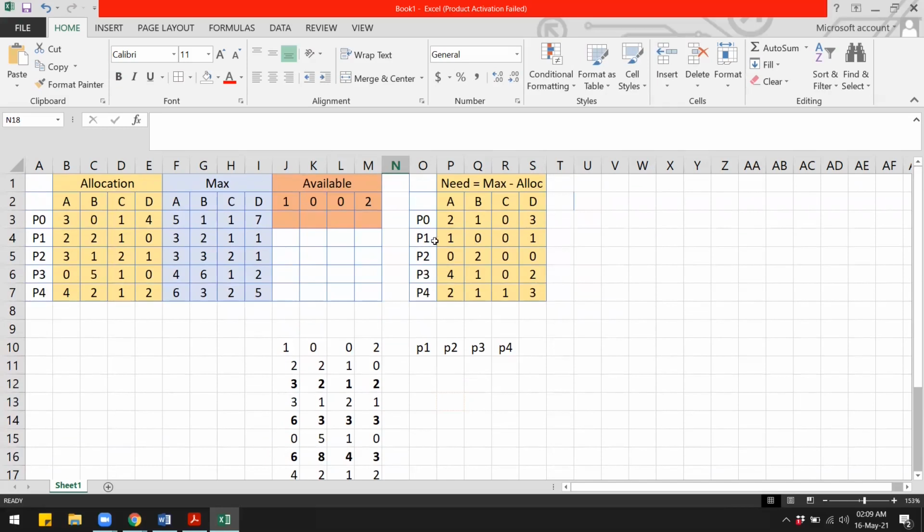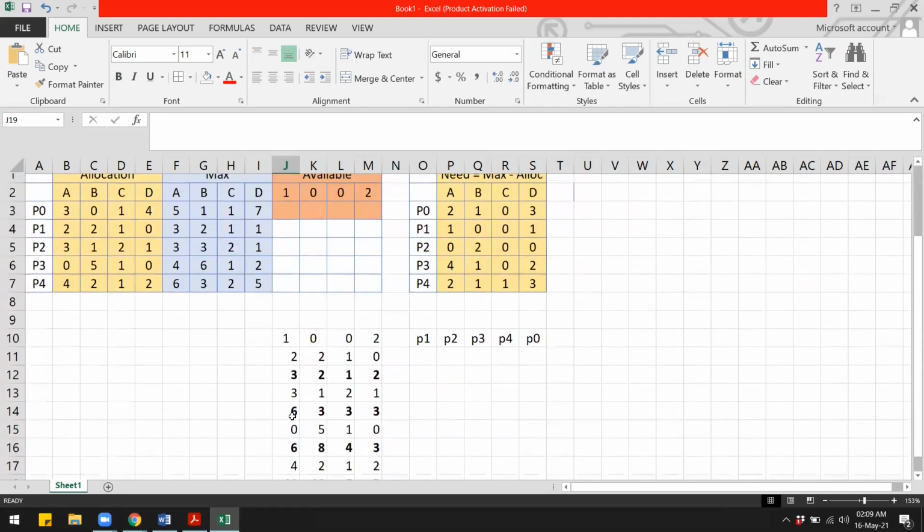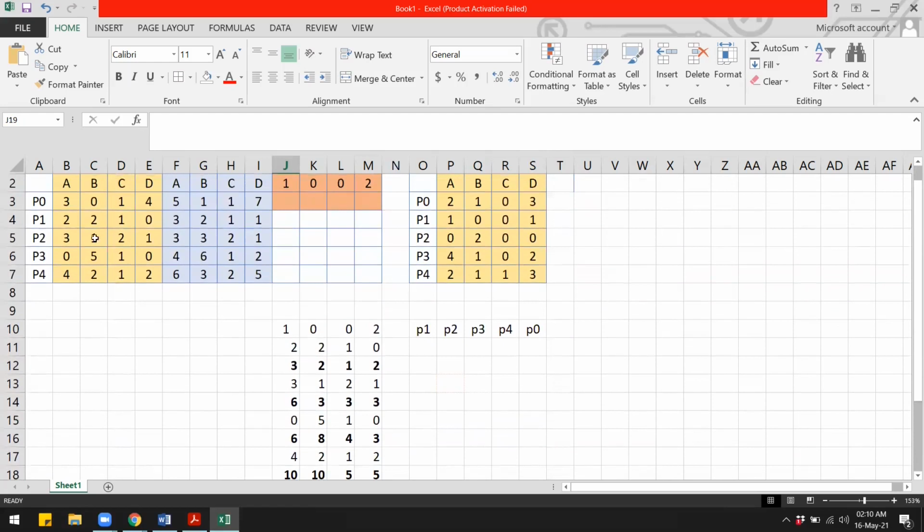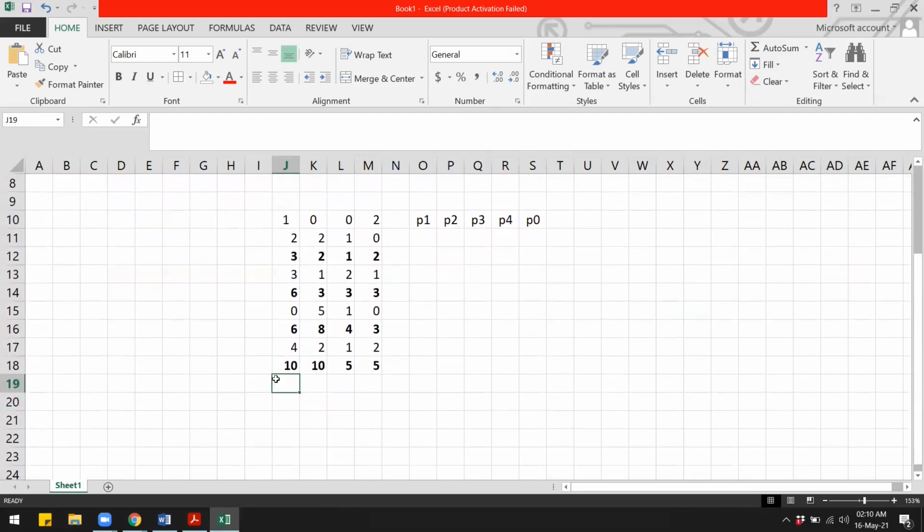The only one left is now P0. Can we run P0? P0 needs 2103, and we have enough here, so we can run P0. Once P0 completes, it is going to return 3014 back to the pool. So size of pool becomes 13, 10, 5, 6, and 9.